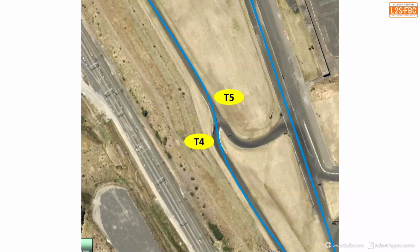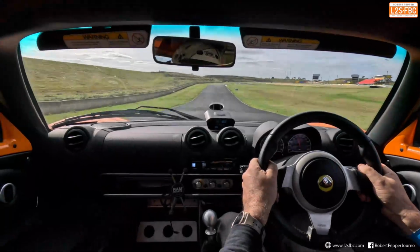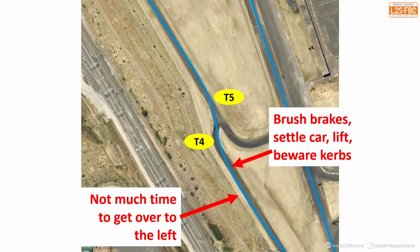Now turn 4 and 5 is a fairly fast chicane. First off, you need to get the car all the way over to the left as it comes down the hill. There's not a lot of time to do it, but there is time. Then, because this is a fast chicane, it's not a slam the brakes on, it's brush brakes, settle the car,